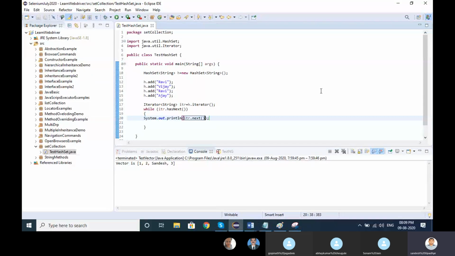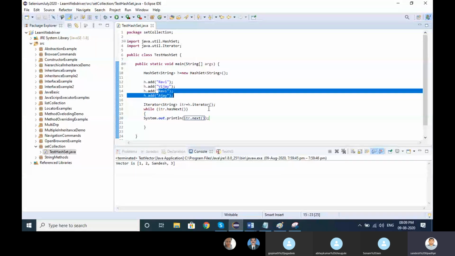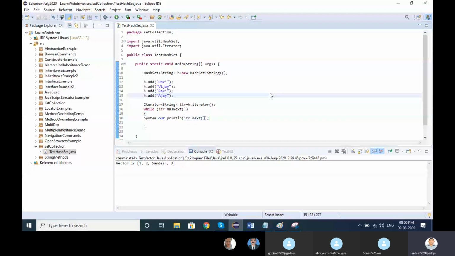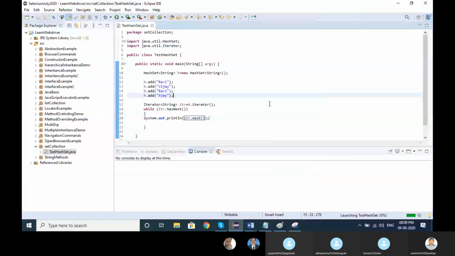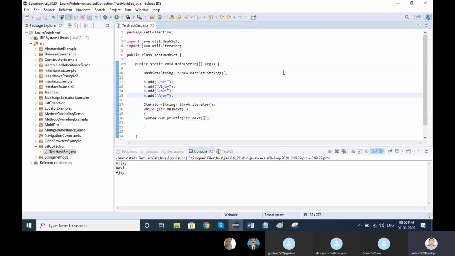One thing I told you: it contains unique elements only. If you see here, I have added Ravi and added Ravi again. When I execute this program, if you observe, the duplicate element is removed and only the unique elements are printed over here.